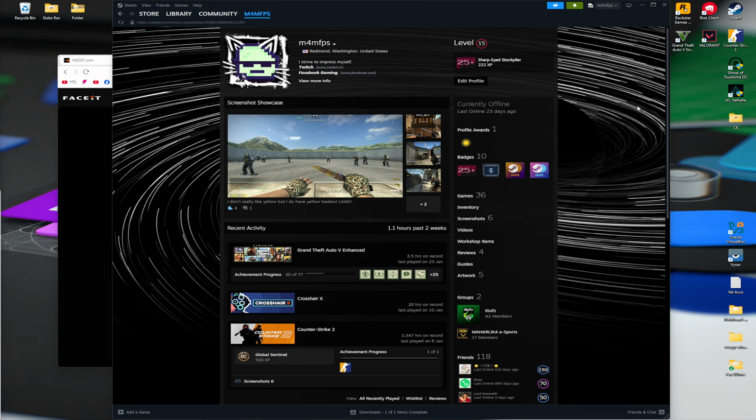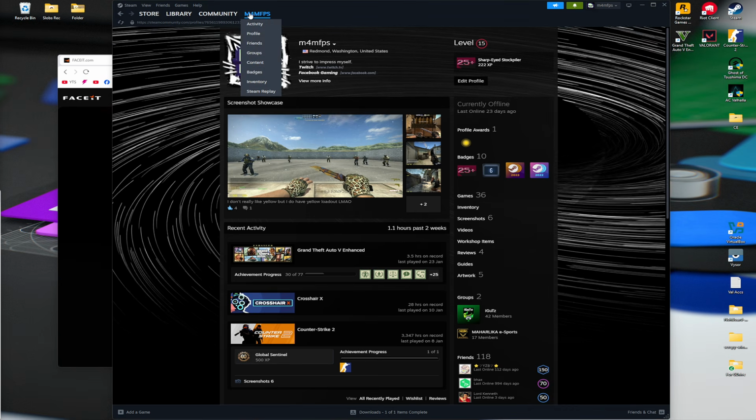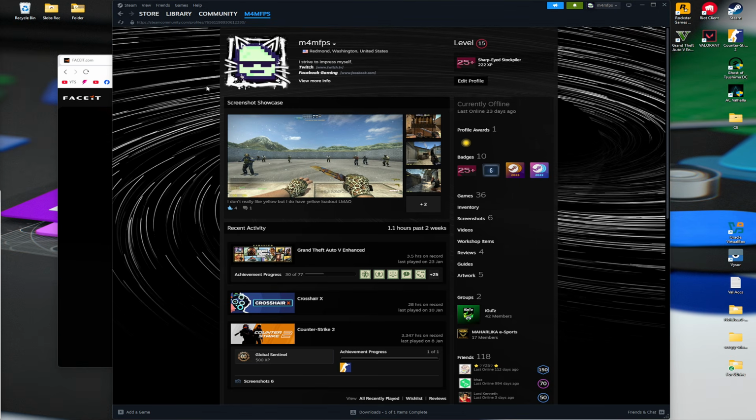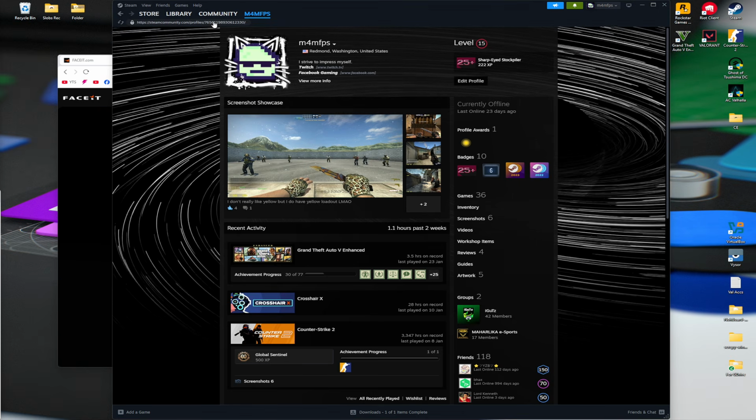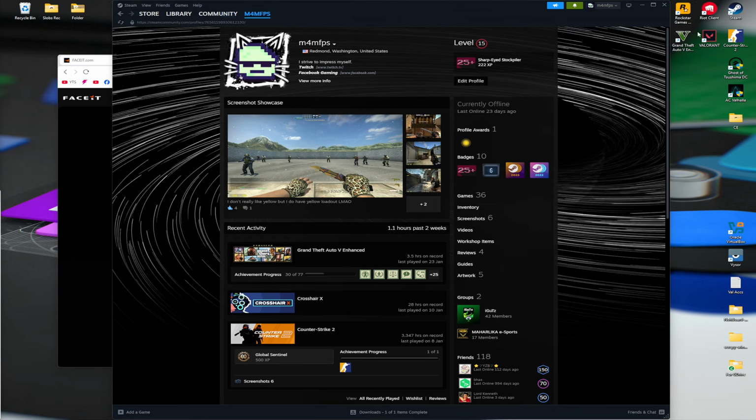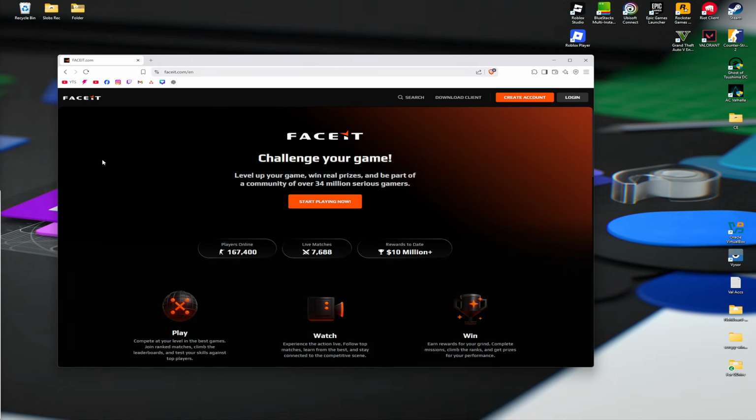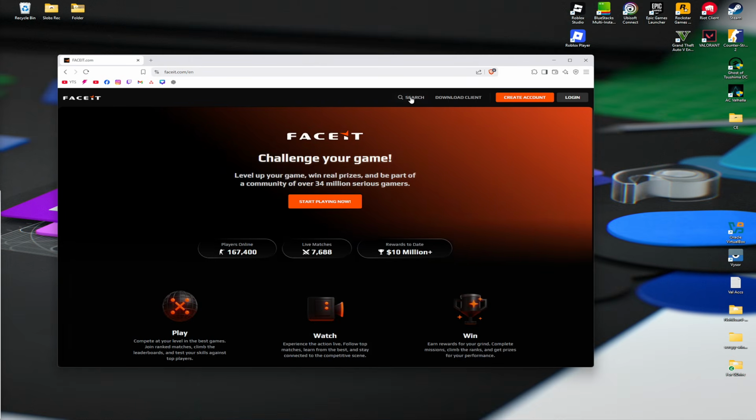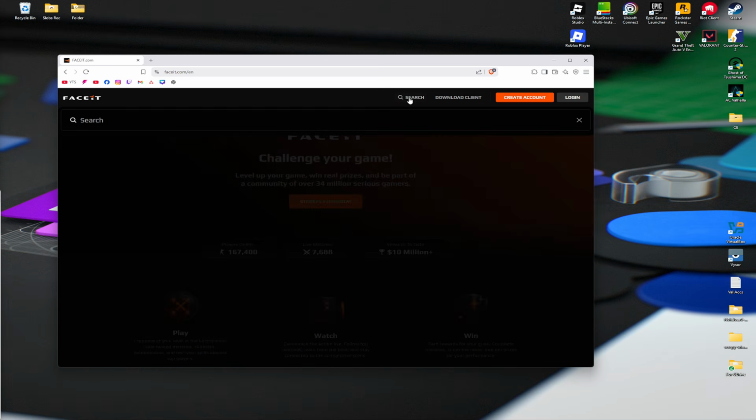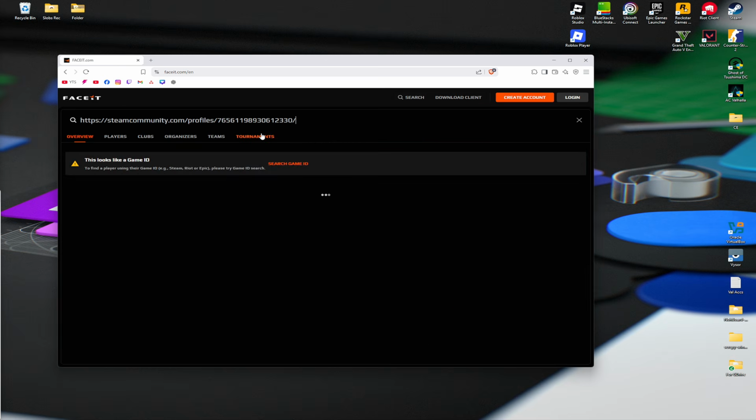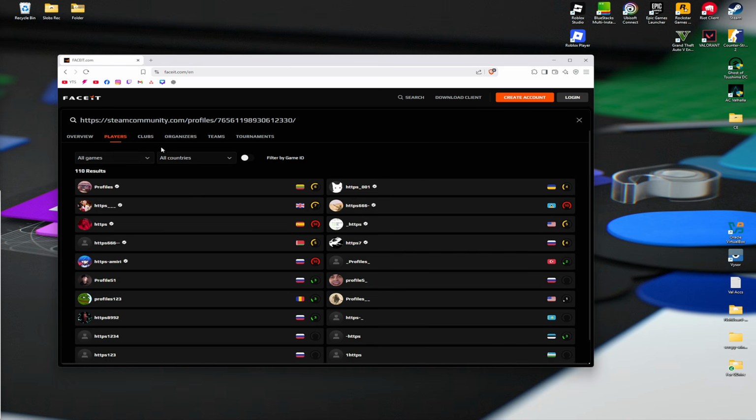open up your Steam. Go over to your profile right here at the top right. Then what you're going to do is just copy this ID or game ID, click on it, and then close Steam. Go ahead and go to faceit.com, click on search right here at the very top. Now paste it. Now go to players right here, select the game,